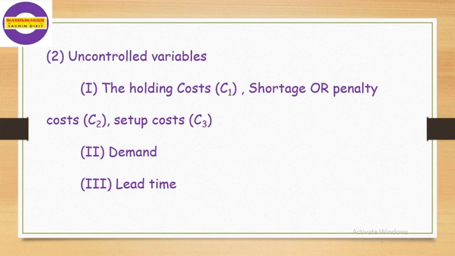And third one is lead time. The time between placing an order and its arrival in stock is called lead time. If lead time is known and it is not equal to 0 and demand is deterministic, then order in advance by an amount of time equal to the lead time.